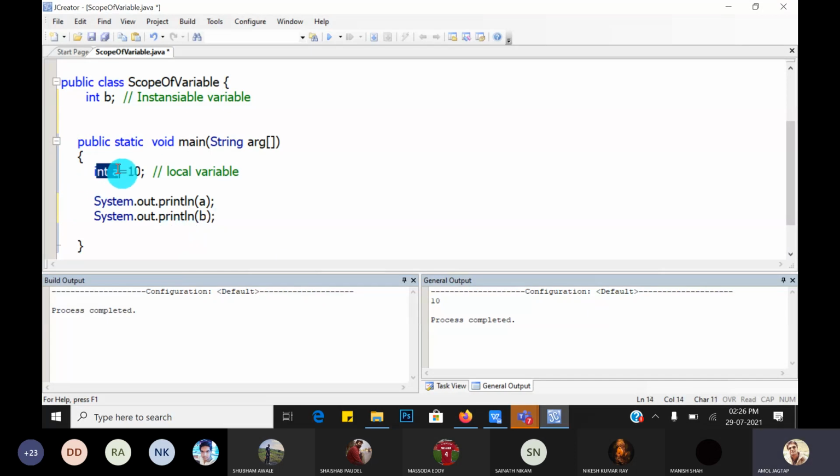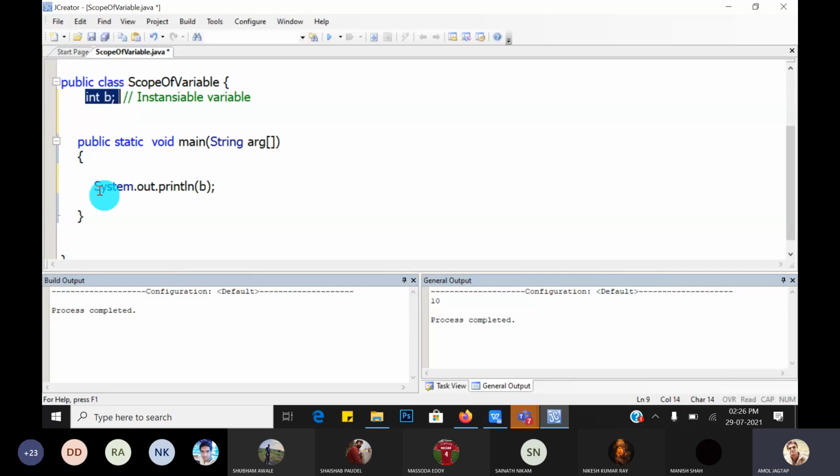Now don't consider the local variable here. Remove that code. Now focus on the instance variable, which is only declared. And when we want to display it inside main, what happens? Any guesses? What is the output?